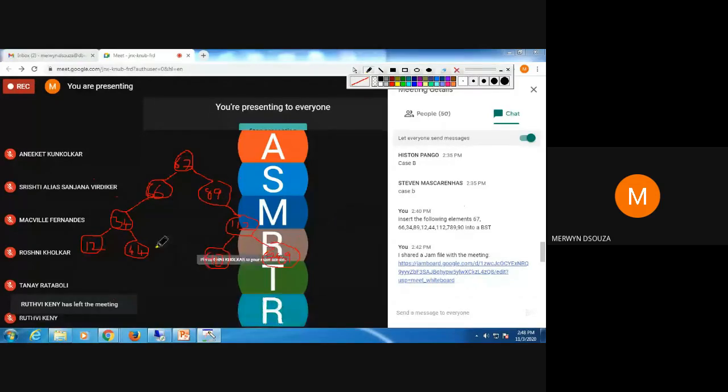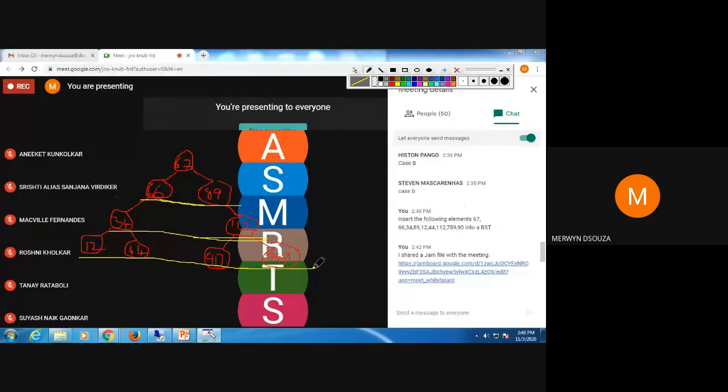Okay. So basically, when you are drawing in your books, you should be able to get this on the same levels. Just make sure that you are drawing this on the same level. So, for example, 66 and 89 will be on one level. 34 and 112 will be on the other level, and these all nodes will be on the last level. You should maintain the levels like that. And this is your root node.